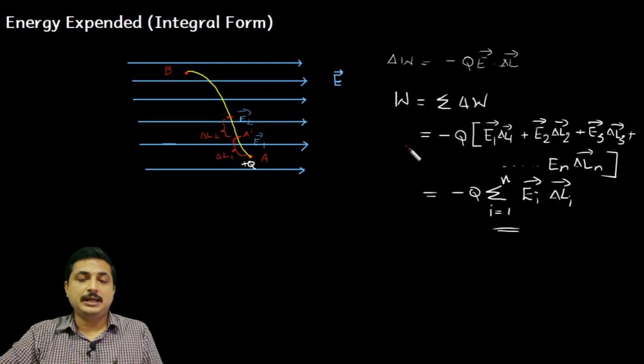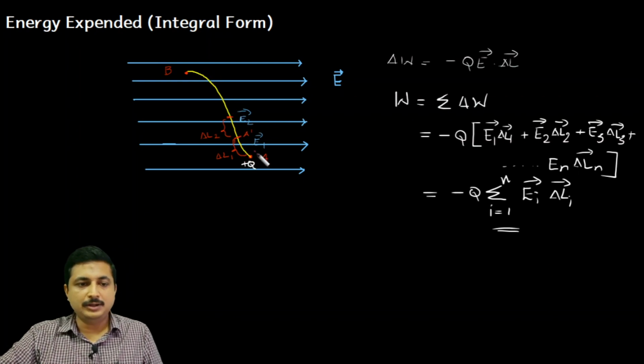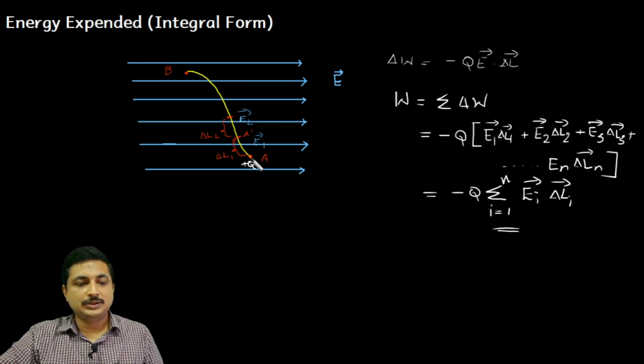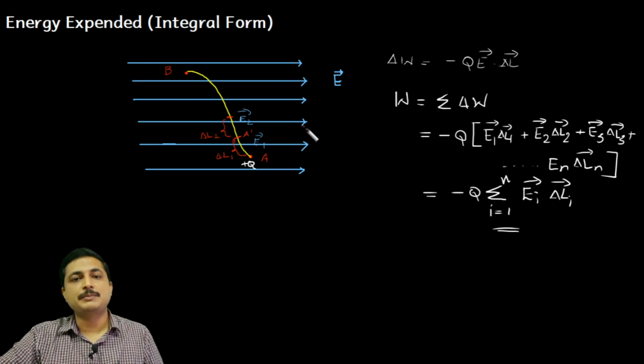Now the next question arises. What if this path is very large? It's not always advisable or practically possible for me to divide this path into so many such small paths and each time measure what is E1 here, what is E2, because measuring E1, E2 will be difficult. It's not that easy. In the sense, the computational load increases. I have to do very high computations when such mathematical problems come in the physical world.